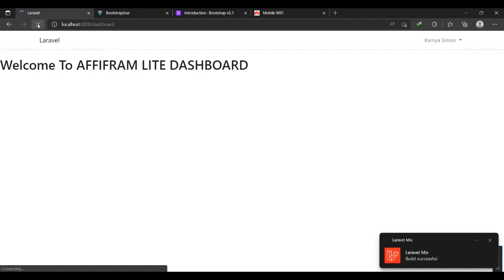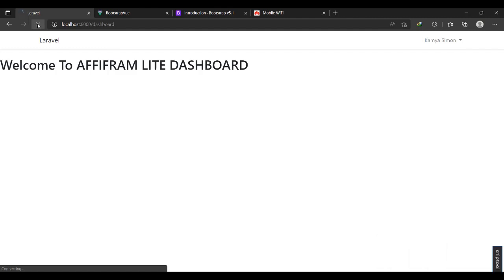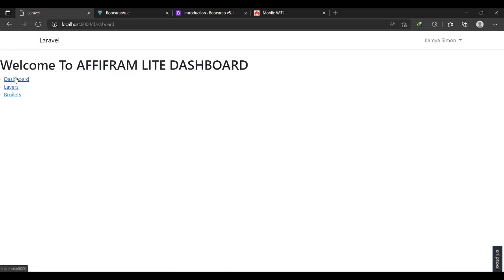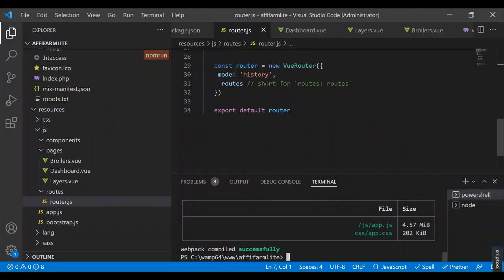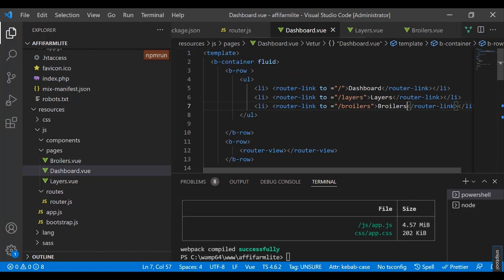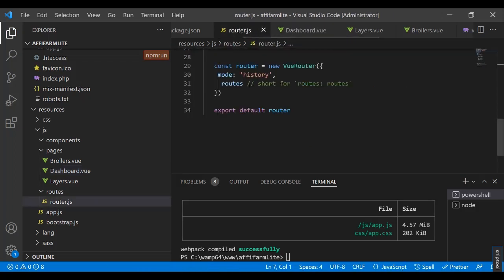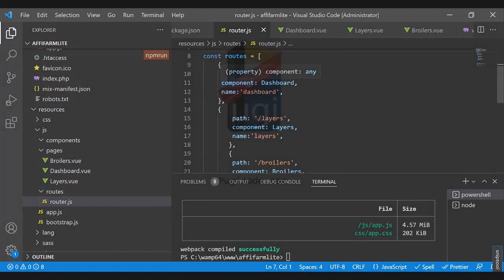Okay, I refresh. Okay, here we are. Now when I click, you can see, and then back to the dashboard. But the dashboard is rendering the dashboard again. So which means by default, when I click to this, it should bring me the dashboard, but the dashboard is rendering itself. So which means when I come to router.js, okay,